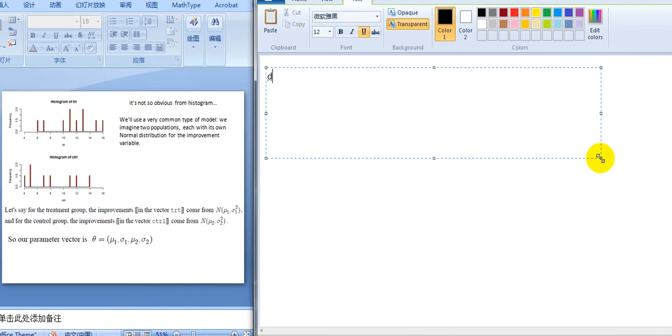So first, the data we have is first the treatment group, treatment data, which contains, let's call it TRT1,